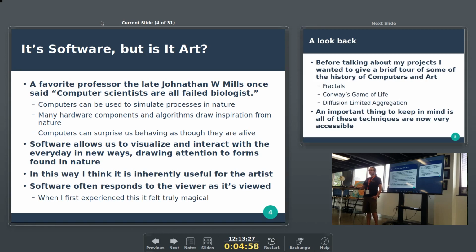Another interesting thing about software, though, as a medium for artistic expression is that it often responds to the viewer as it's viewed, which is something that I don't know of any other medium that does. And that was something that, as a child when I first experienced computers, just blew my mind,